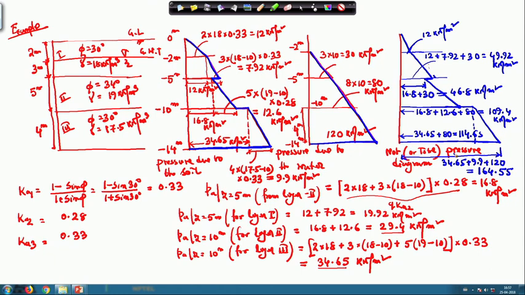Okay. So, I have explained step by step for all the layers. Now, what I will do? I will calculate the force that is coming. You can calculate separately the force due to the soil and due to the water, then add these two. But as I have the net or total pressure diagram, I will calculate this force from this total pressure diagram. Okay. So, next class I will calculate this force and the point of application of this force from the base of the wall. Thank you.